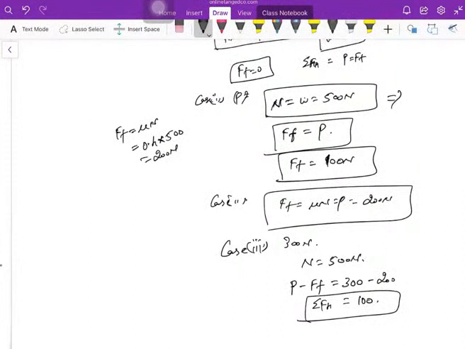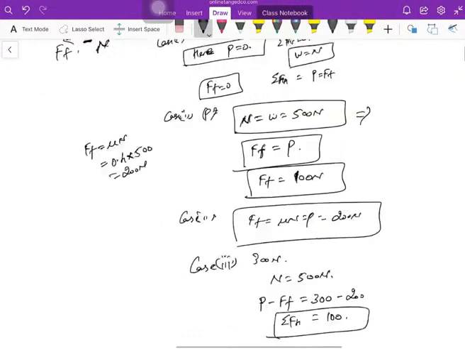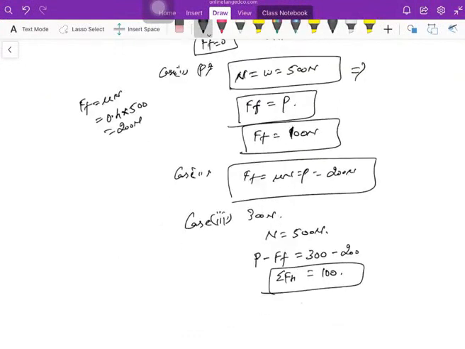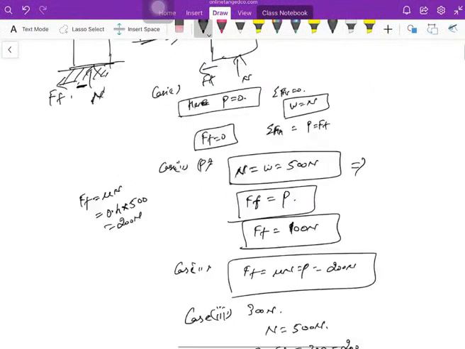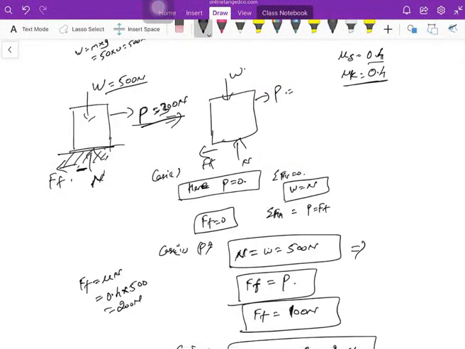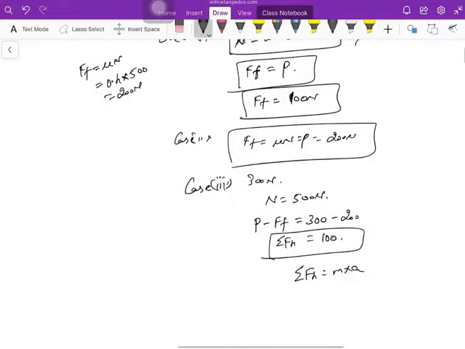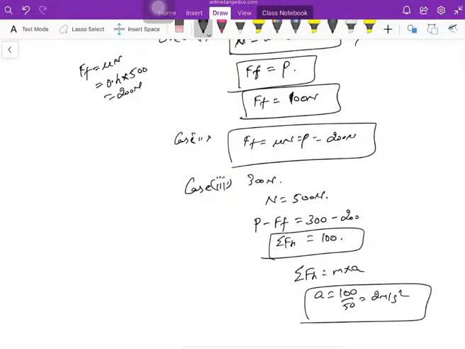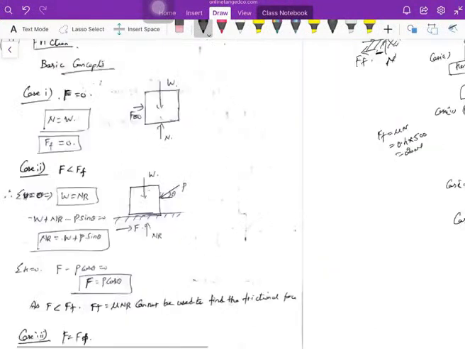You got it, right? So what is the acceleration of the block? Use the famous Newton's second law: sigma Fh is equal to mass into acceleration. The mass of the block, I told you, is 50 kg. Then the acceleration of the block is nothing but 100 by 50, which is 2 meter per second square. This block is accelerating with 2 meter per second square. There are 4 cases. That's the basic concept of